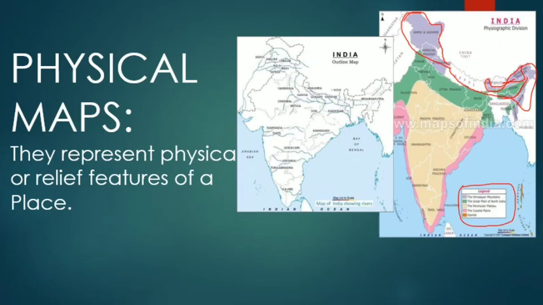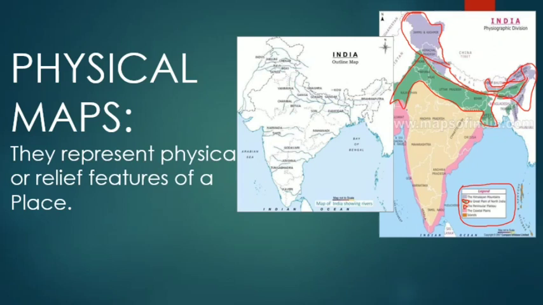Now go for the next one, that is green color. What is the green color description? It says it is the Great Plain of North India. So the entire green region is the plain region. Great means it is the largest area, we can say. It is also called the Indo-Gangetic Plain, children, because it is formed by the rivers Indus and Ganga. Next, if you take the peach-looking color, if I am correct, that is the description of the peach color.